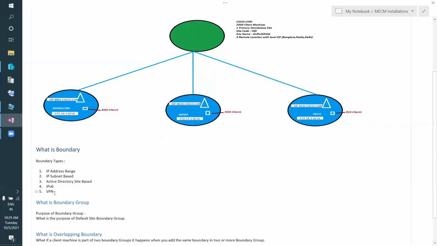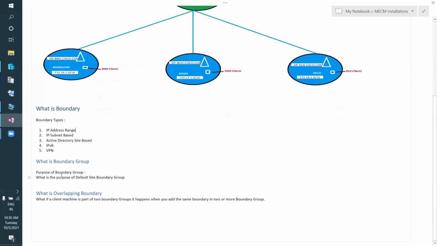How does SCCM understand whether the device is connected through VPN or not? You can define a particular connection name, and if the connection name matches this particular string, then it is connected through VPN, it should connect with this particular site system server, and it should get content from this particular DP. That's why we can create a VPN boundary.